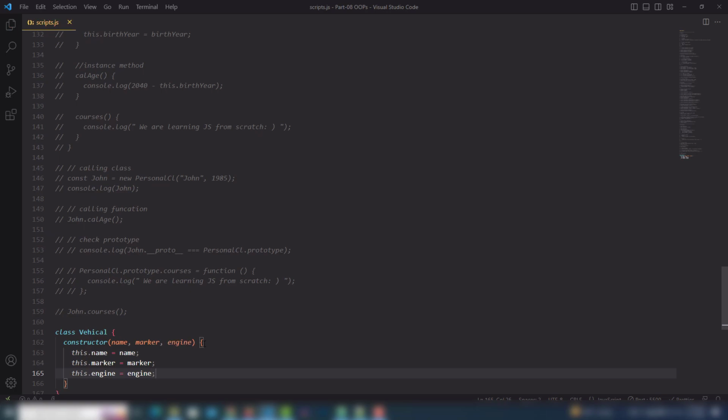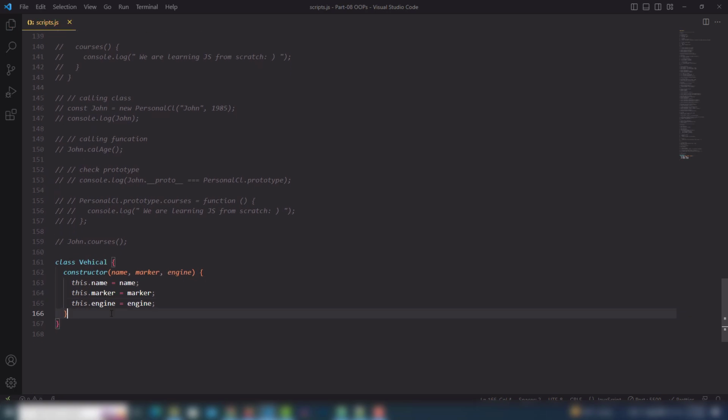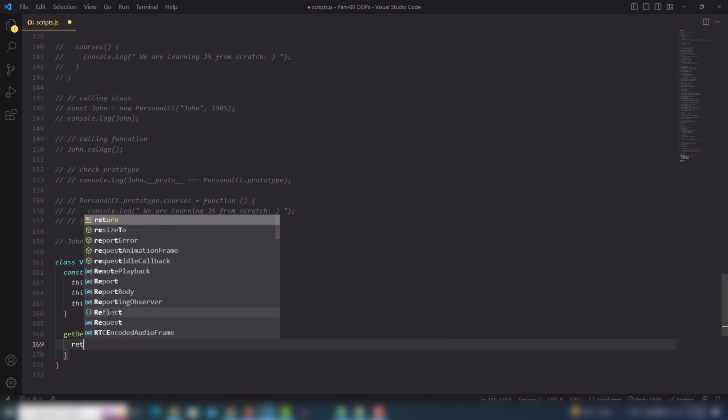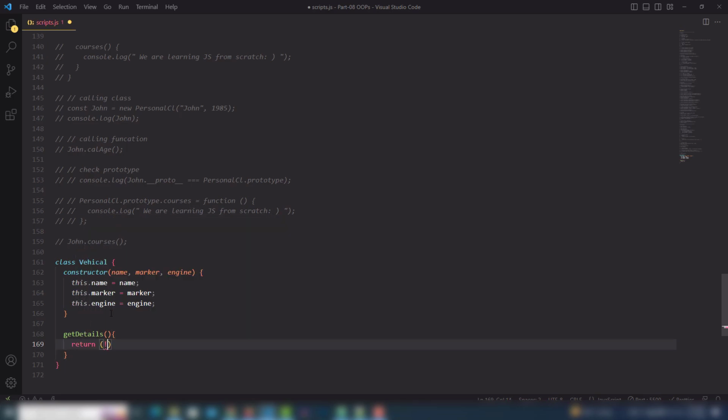So also I'm going to create a function inside there. So get detail curly brackets. So inside there I'm going to use return keyword, parenthesis, little template, the name of the vehicle is